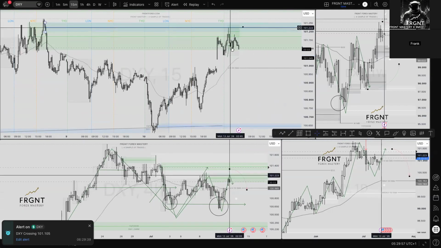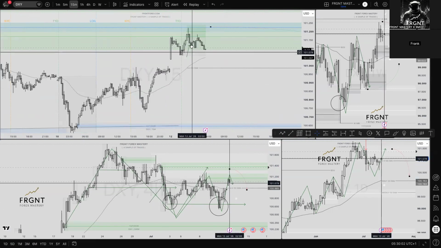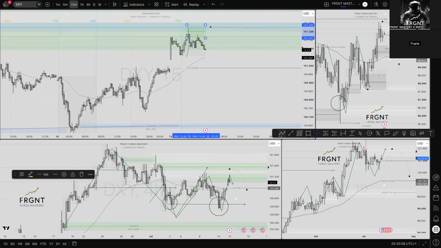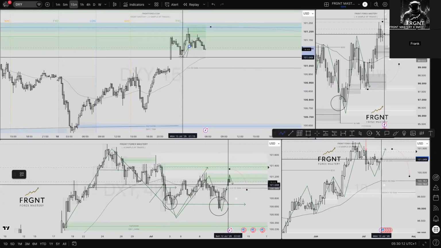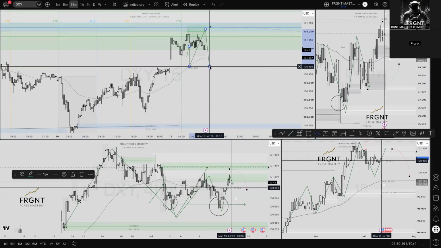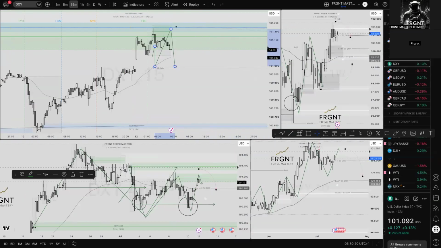So as soon as that happened, I was seeking to understand, well, have we really done anything from here? In my opinion, we hadn't. So then I was waiting to see if we would come back up into it. What I mean by have we done anything, I'd have ideally liked for price to take out these lows, then pull back into the order block, and then I would revert to my cross pair to take the position. So that's my thought process on the DXY.